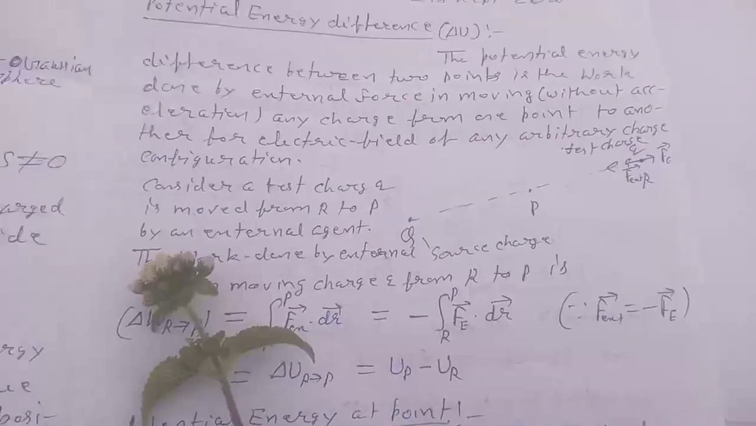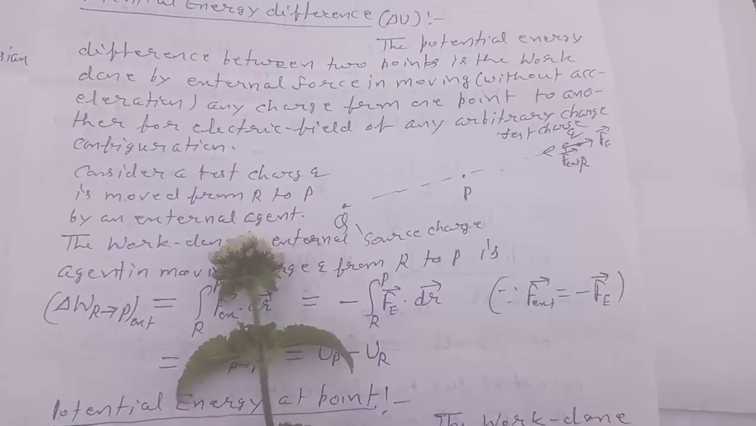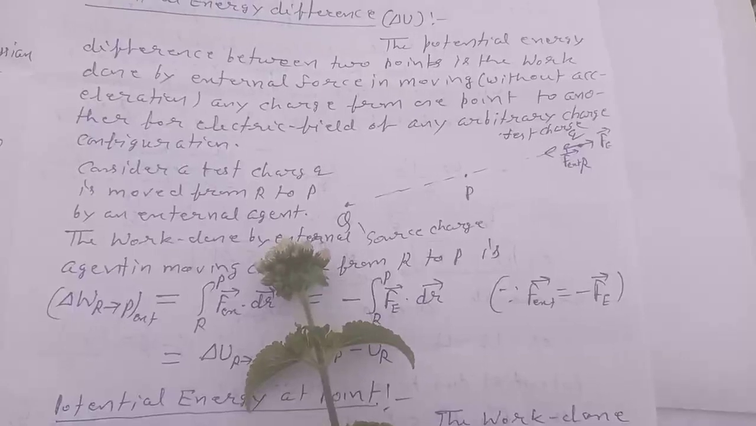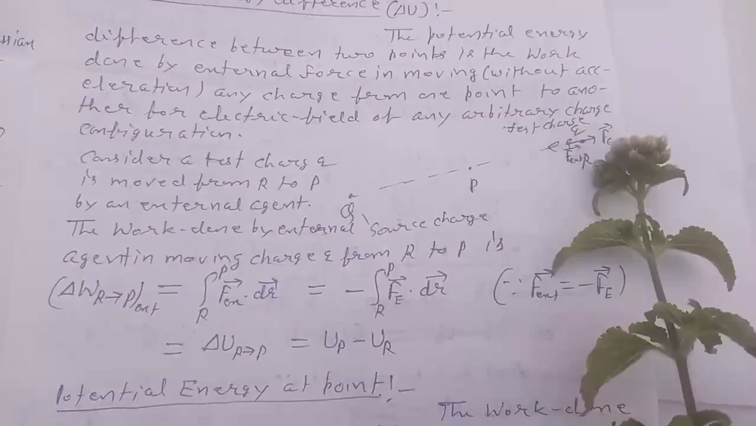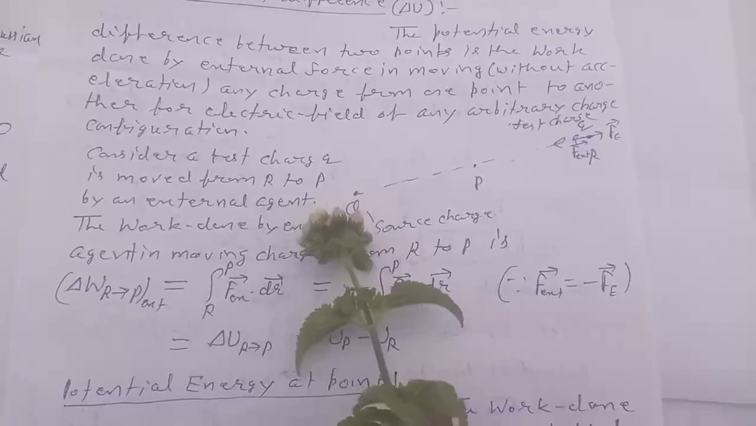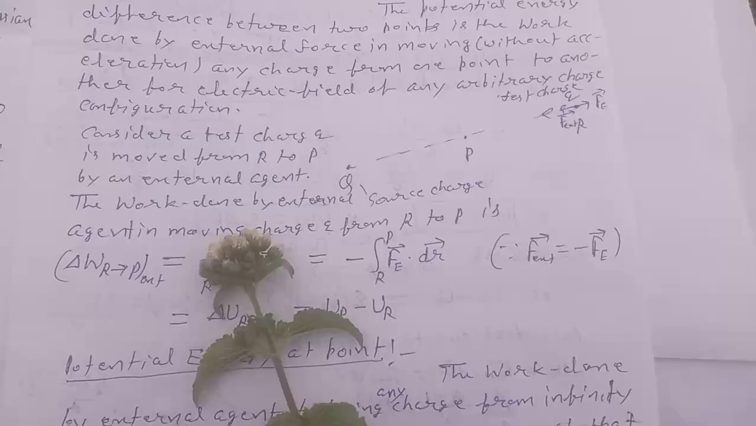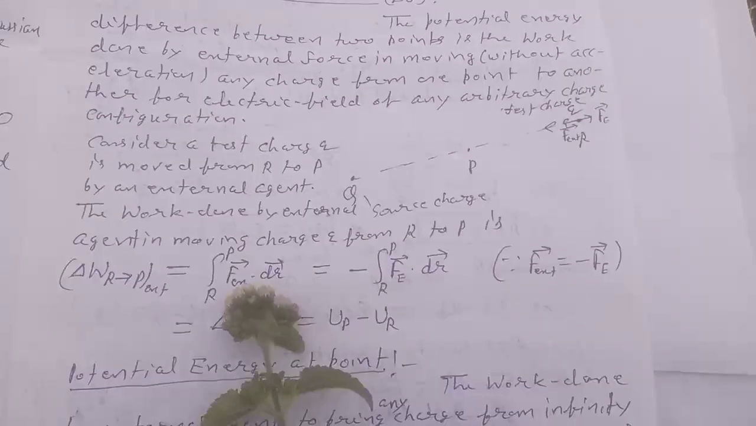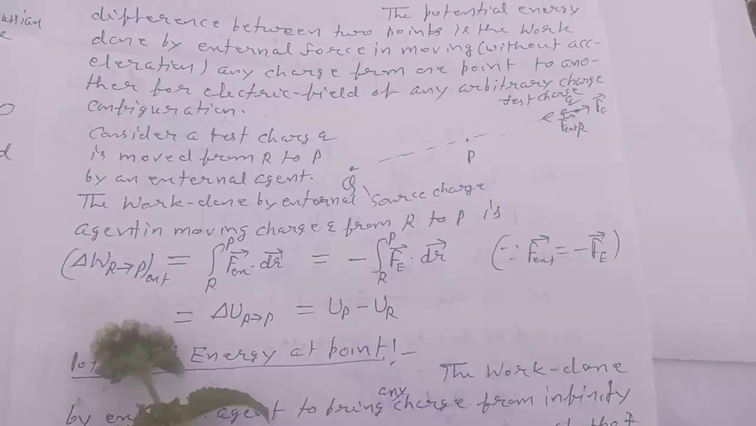Consider a test charge is moved from R to P. This is R and this is P. This is a small q, which is the test charge, and this is capital Q, the source charge, moved by the external agent. The work done by the external agent in moving the charge from R to P is delta W R to P external